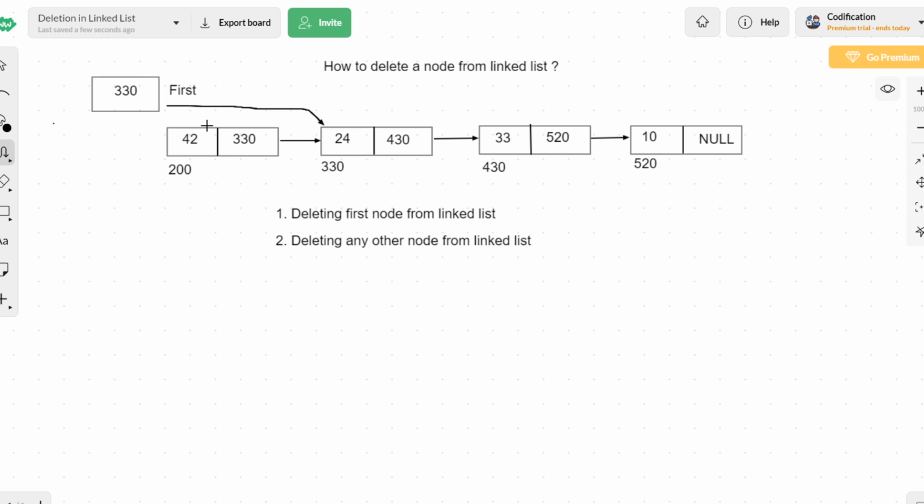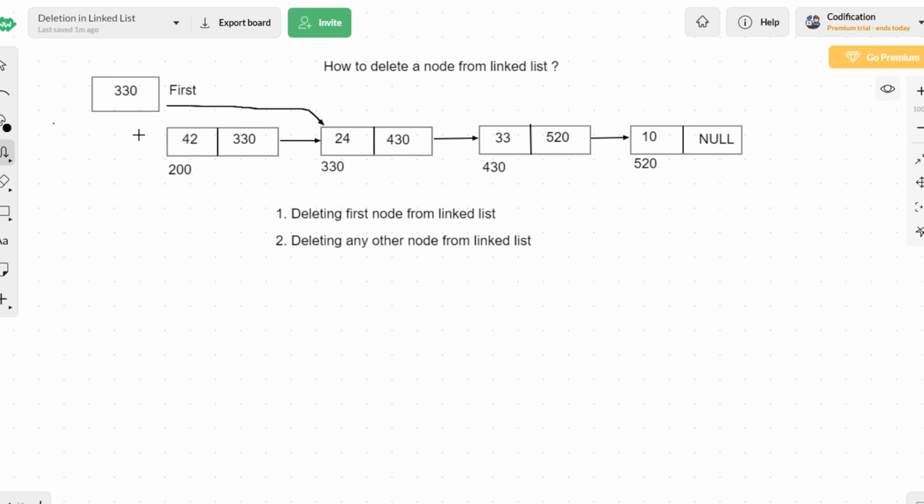This is one procedure of deleting, but not completely deleting from physical memory. This is a virtual way of deleting, and it is not actually the right method. Making your first pointer point to the second node is perfect, and that part I'm not going to change. But leaving this node as it is is not a good approach. We have to deallocate the memory that we allocated for this particular node because we are deleting it and don't need it again. Here we lost its address, so we don't have the address of this node.